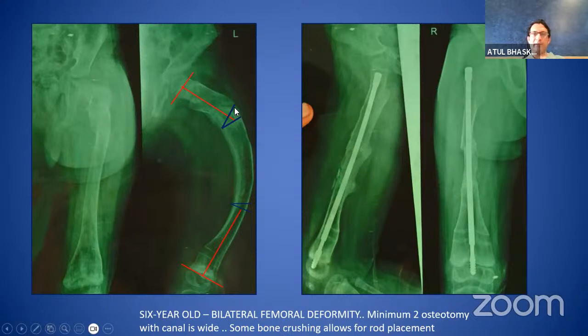Also, whenever we make the wedge, remember always remove less wedge than planned. There will always be some crushing of the bone, so that you don't lose too much length. So whatever wedge you plan, one tip is remove less, and you can always remove more if required. And rely on your soft tissue. The concave envelope is a soft tissue which should be preserved. Even if you remove the bone outside, just make sure that you don't cauterize too much on the concave side.